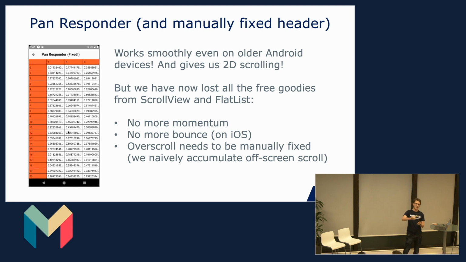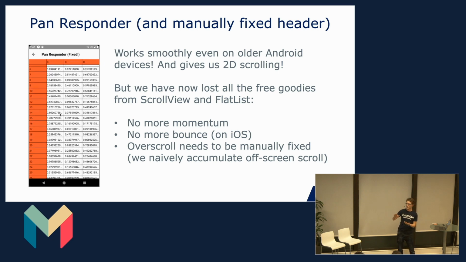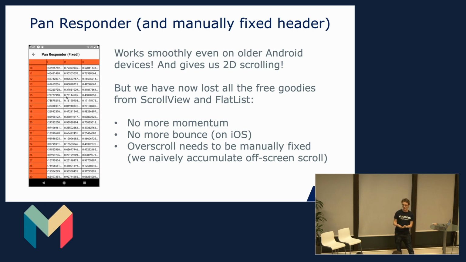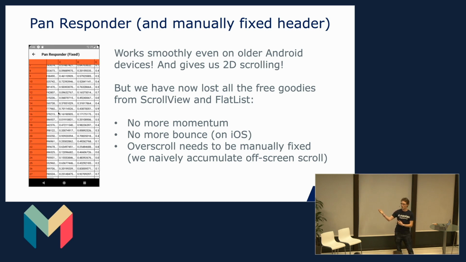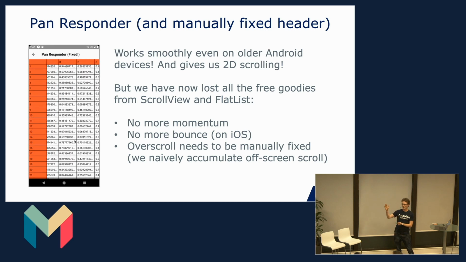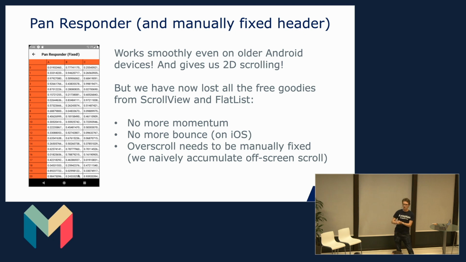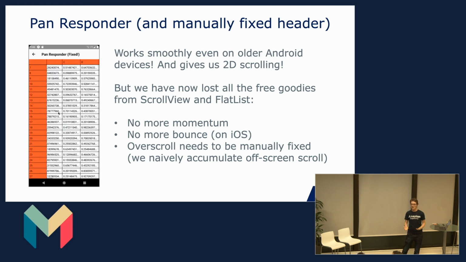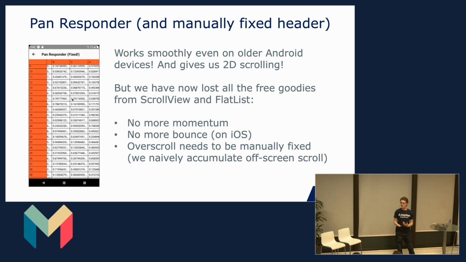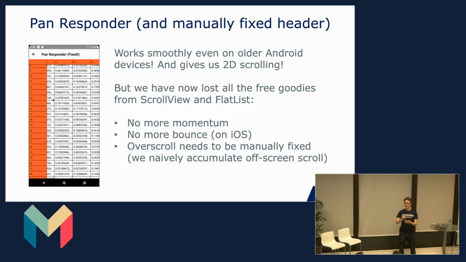So if I do a fling, I'm doing all the maths myself on that gesture to work out how far I'm going to scroll in any given direction. So I've lost that. I need to recalculate that myself, and then continue to tell the components to animate and to scroll in those directions. And I've also lost the bounce, which is natively there on iOS. It's a minor thing, but still, it's a nice to have, when you over scroll on something and it